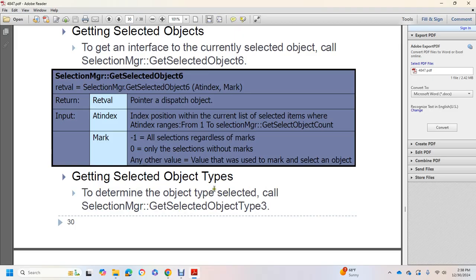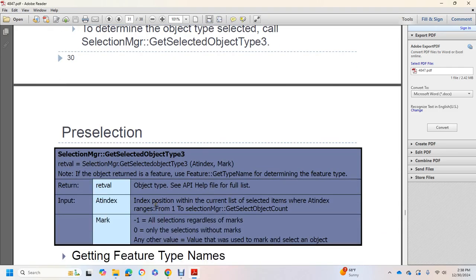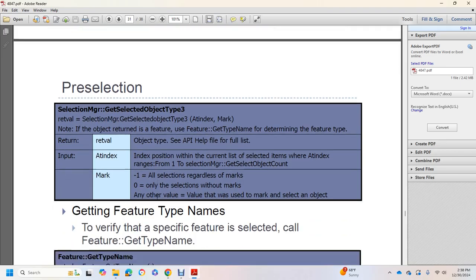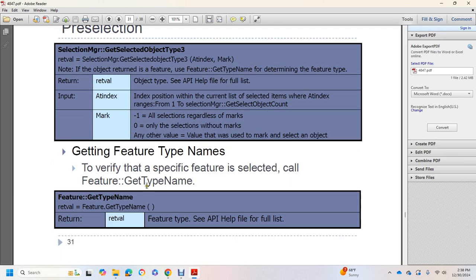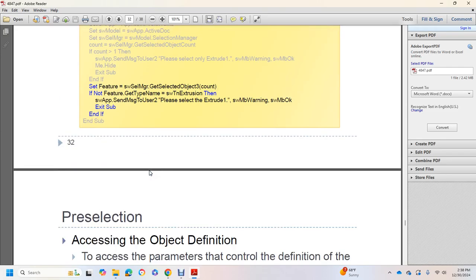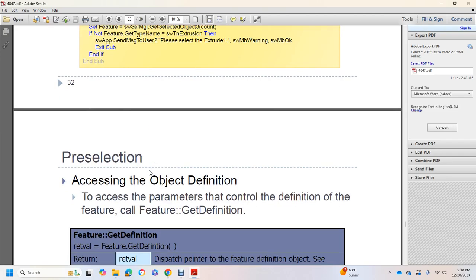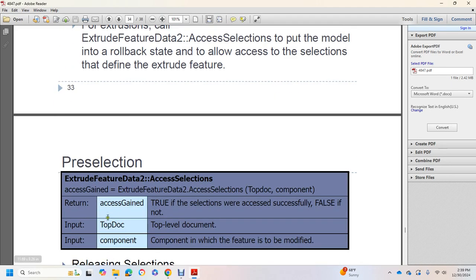Getting selected objects and types: determine the object type selected and call selection manager get selected object type 3, and then we have the retrieval at the index and mark, get feature type names. Verify the specific feature is called by the feature get type name, and then determine the selected feature type. Accessing object definition: to access the parameters and control of the definition of the feature, call feature get definition. Access selection for extrusions: extruded feature data 2. The access selection with a rollback statement allows access to the selection to find the extruded feature. So we have return access gained,